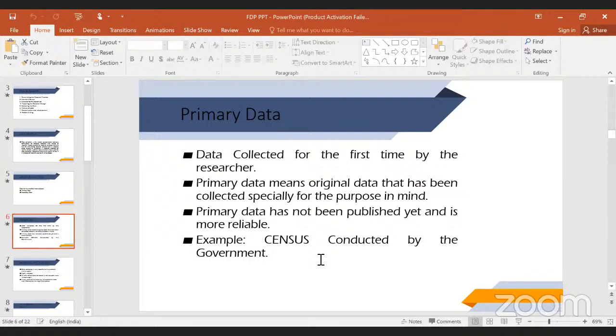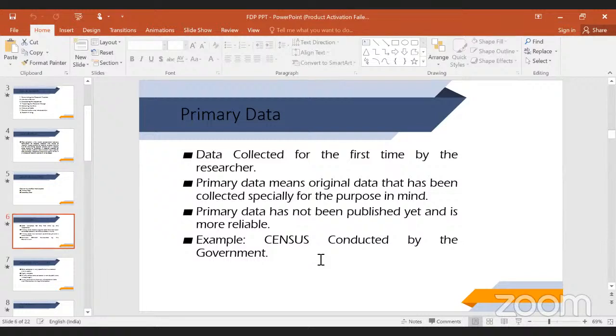So I will be collecting this data from you people only, from all of my students. I will be giving them a few questions. How can I collect this data? This will be there in further slides. So this is the data that I collected from you people for the first time, and this is the primary